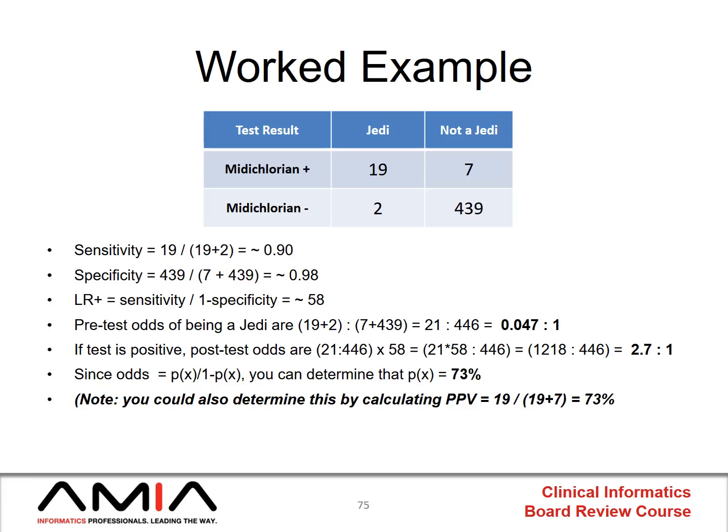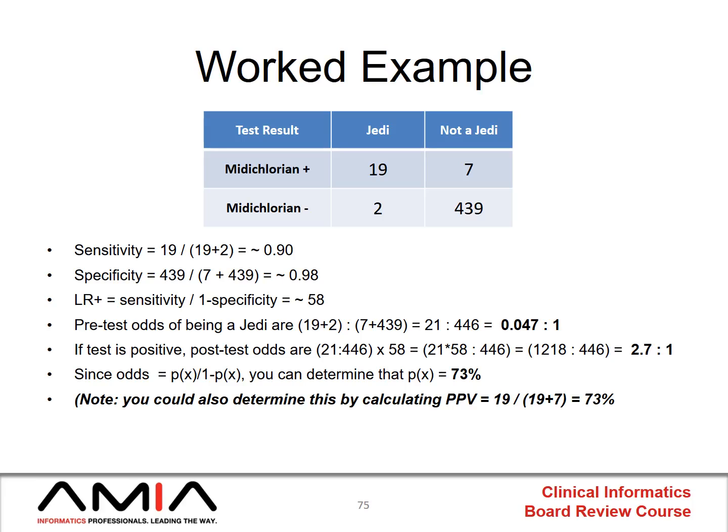Okay? And you can simplify that if you want to. It's about 0.047 to 1. But there are some situations where the math is actually easier if you just keep it as 21 over 446, or 21 to 446. So what I'm saying is that if the test is positive,